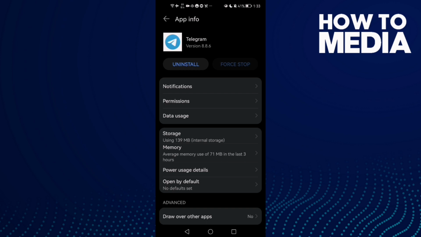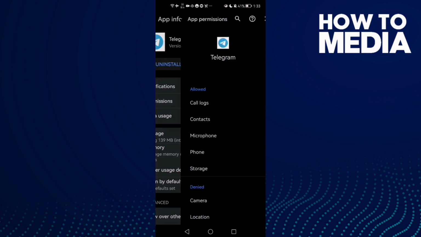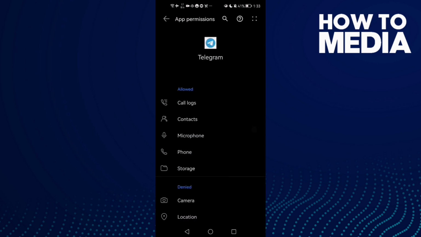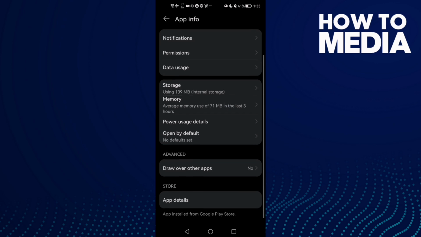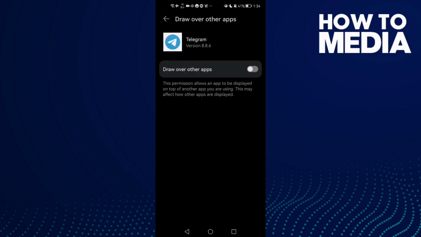And after that just go back and try again, and if that doesn't fix your problem, then just click permissions and allow all of those permissions here, and after that click draw over other apps and make sure it's disabled,